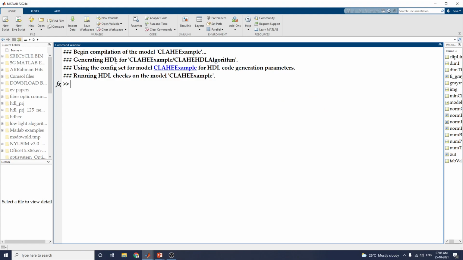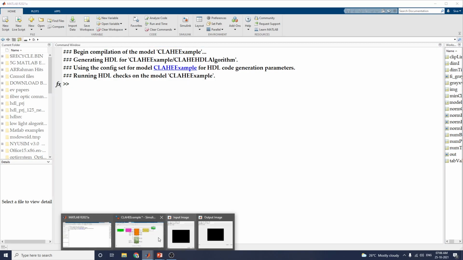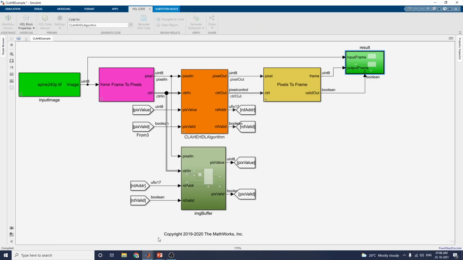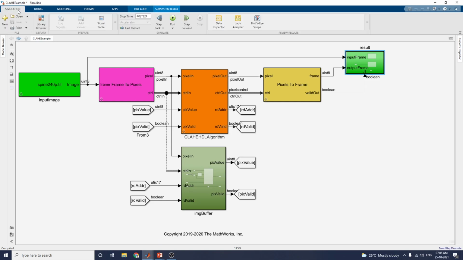Here you can see begin compilation of the model. Here HDL code is generated. Here config set model HDL code generation parameters, running HDL checks on the model example. It takes some more 2 to 5 minutes. Please stay with us.